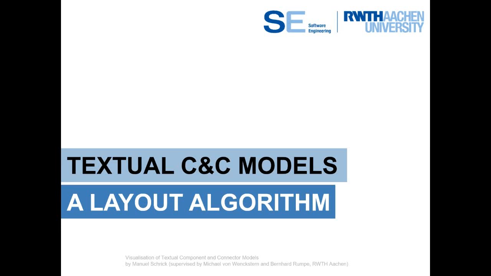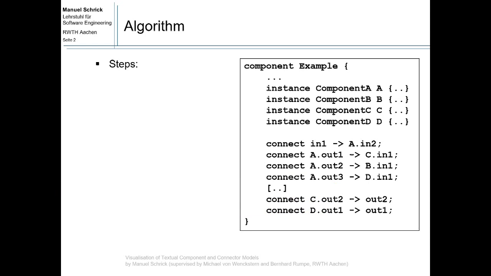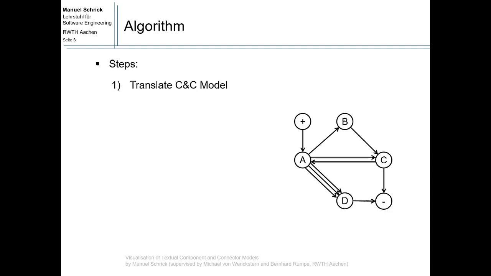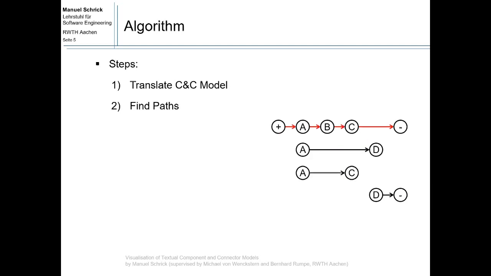So we start with the textual model itself, and the first step is to extract the underlying graph of the model. Once we have that, we find paths inside this graph, and we lay out these paths in a table where each node has its own column. The next step is to find a vertical ordering of these paths that corresponds to a visually appealing